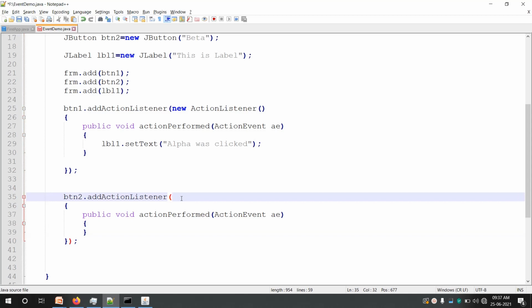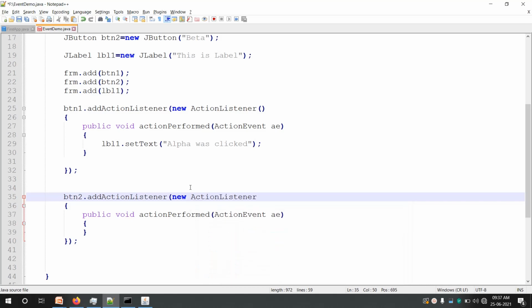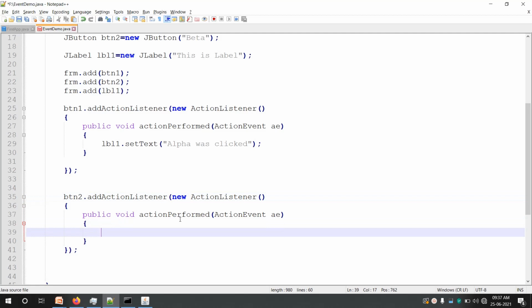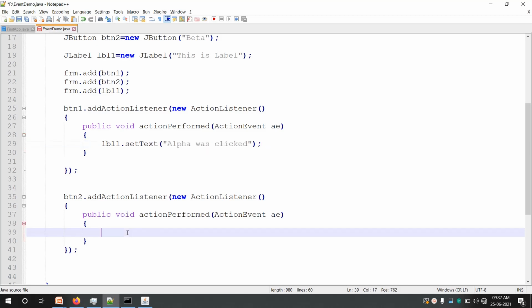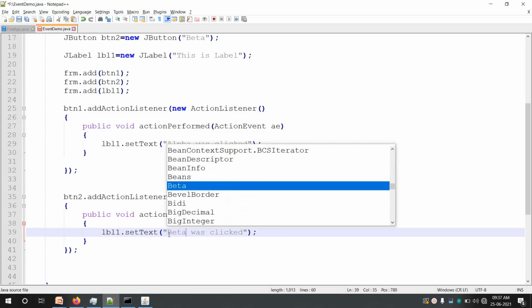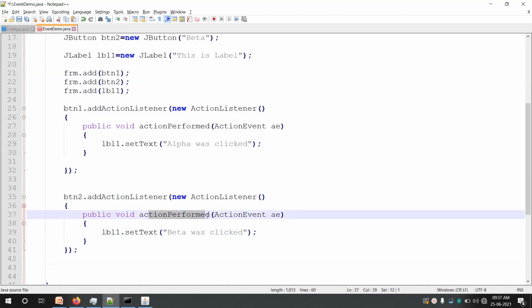This should not be closed here. btn2.addActionListener, in brackets it has to be new ActionListener. Now in actionPerformed, again I'll copy the same code. Now instead of alpha was clicked, I'll say beta was clicked. Whenever you click on button 2, that is beta, it will execute this code, actionPerformed, and it will display beta was clicked. So let us verify.